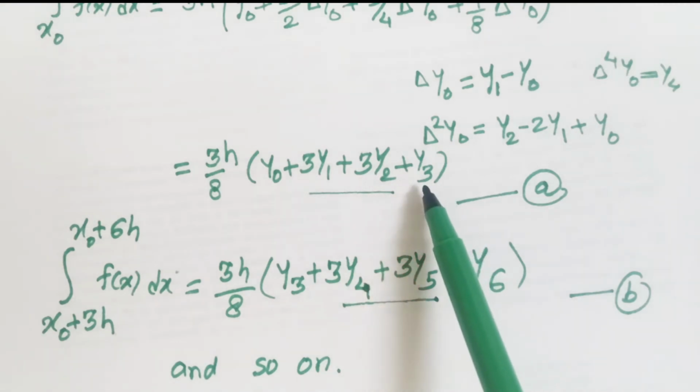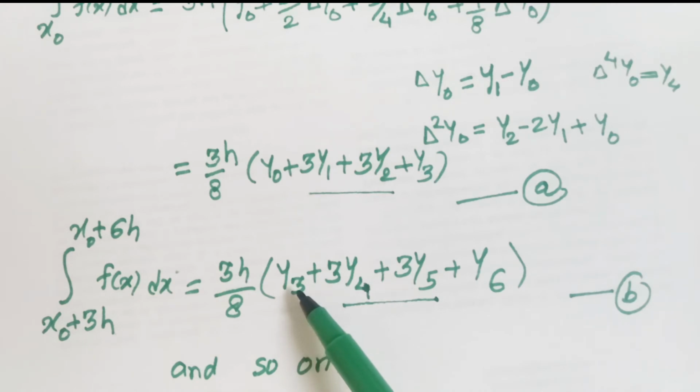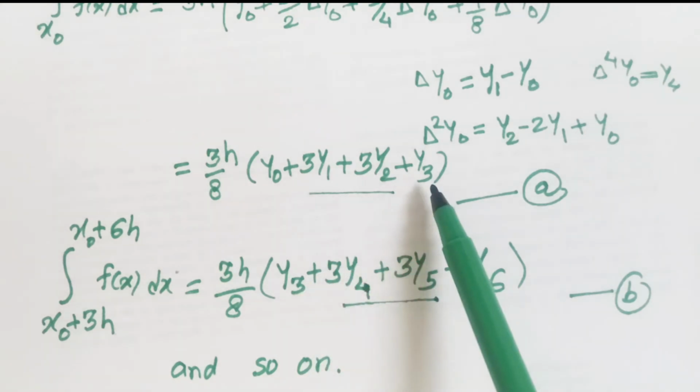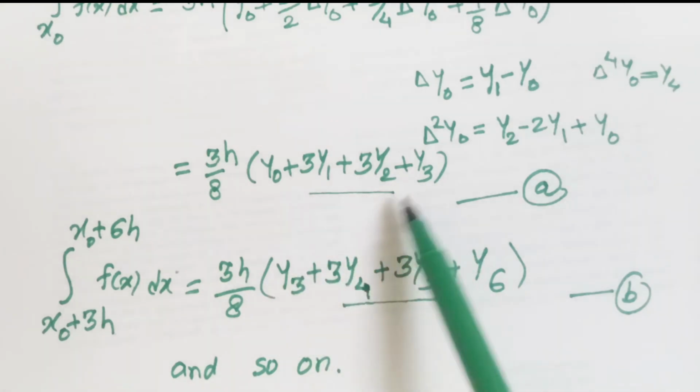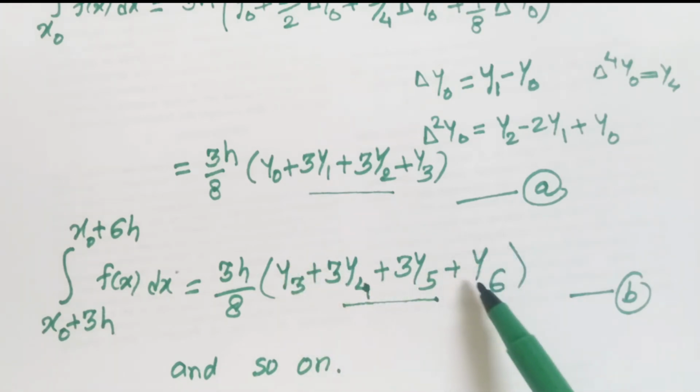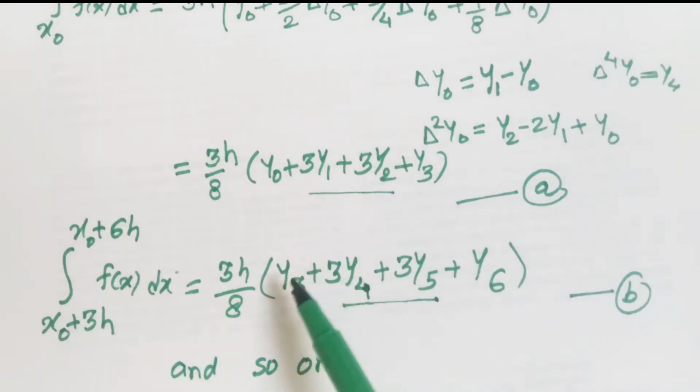Now if we observe the next term, here y3, and the next bracket again contains y3, and the next equation again contains y3. It means if we add these equations we get 2 times y3. Similarly, y6 will be added in the next equation. So we also get 2 times y6, and the next term will be 2 times y9. That means 2 times we get multiples of 3.